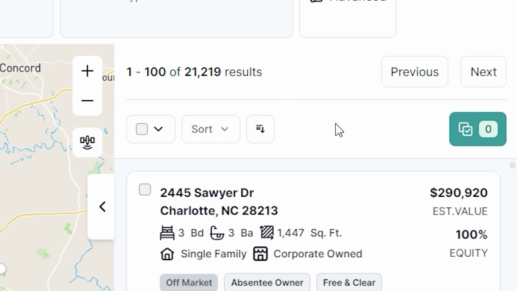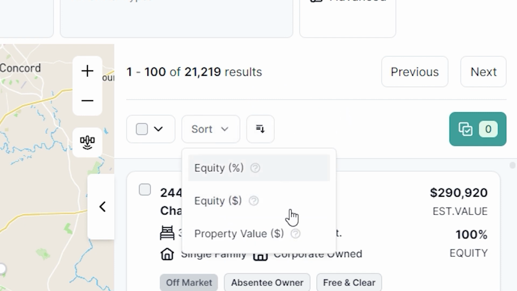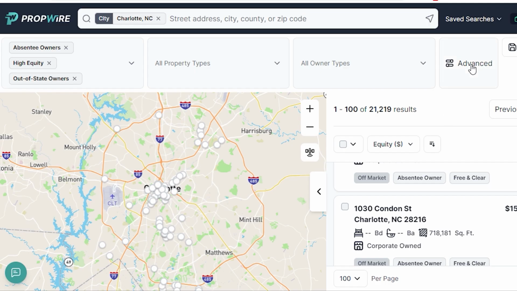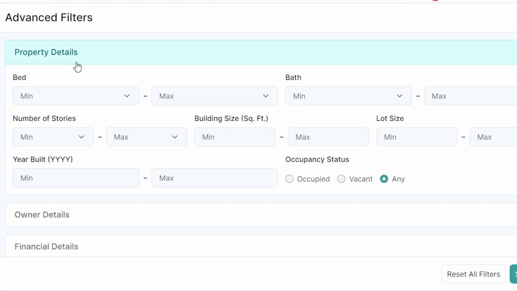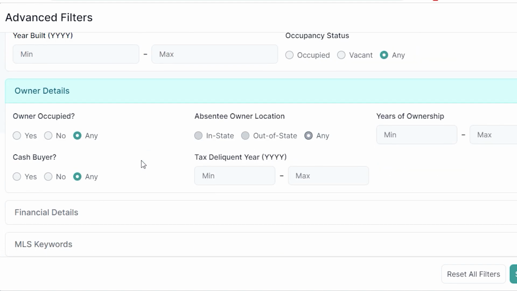Then once you've got all the data you want, we can sort by equity percentage, as in the percentage they own. They have 20% equity, 40%, 80%, or the actual dollar amount, or the property value. You could also dive into the Advanced tab and go into property details and set minimum or maximum year built. You want to make sure that the building size is at least so many square feet or no more than this many square feet. Same with the lot size, has to have so many beds, can't have more beds than this, baths. You could also go down to the owners and